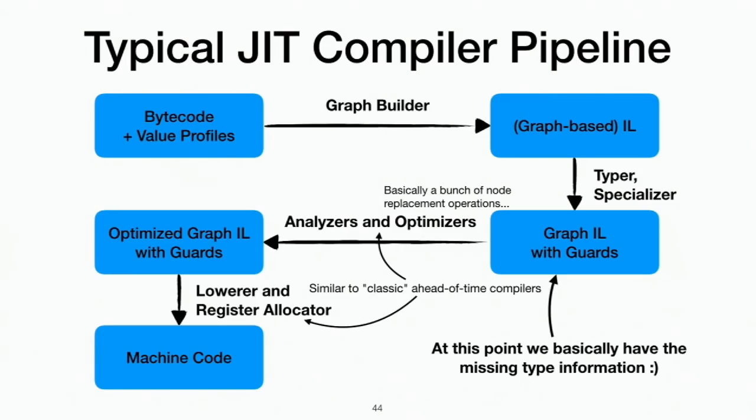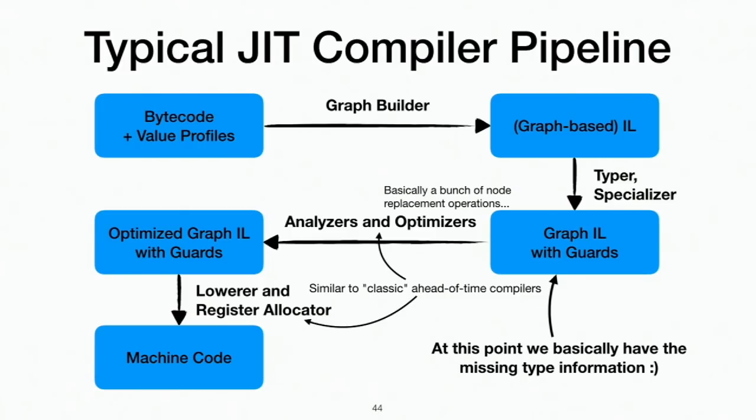So let's look at a typical JIT compiler pipeline. This is what you would see if you were to go through the code basically. So right now it always starts from bytecode plus value profiles. That's not necessarily like that. V8 used to feed the abstract syntax tree into its JIT compiler, but right now all engines start from the bytecode. Then they convert this bytecode to their own custom intermediate language,